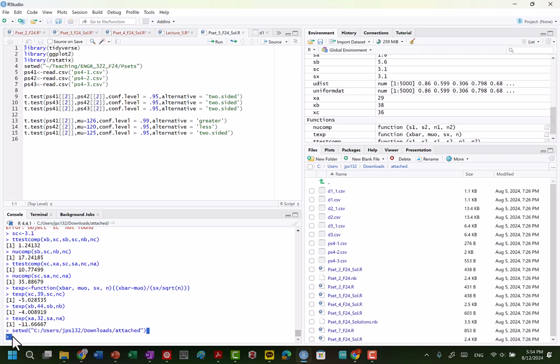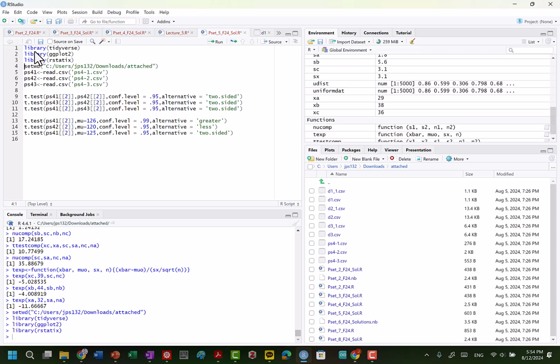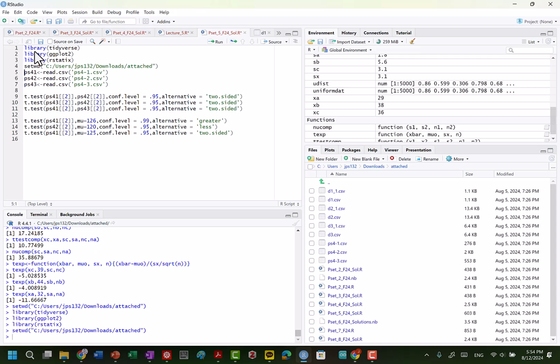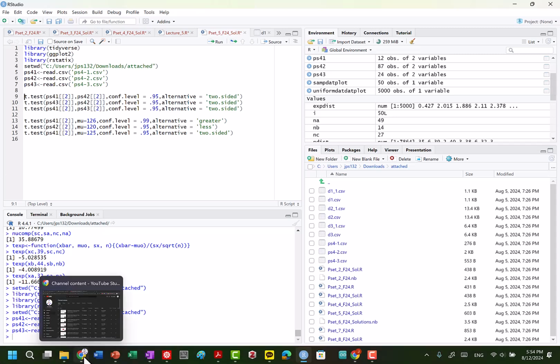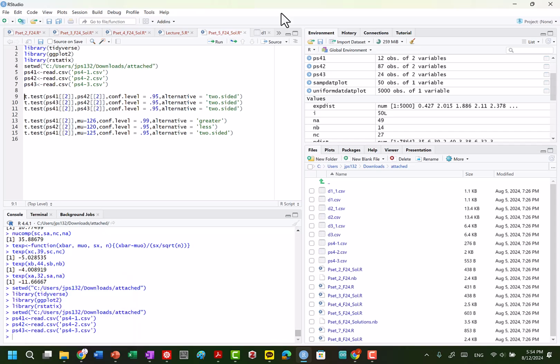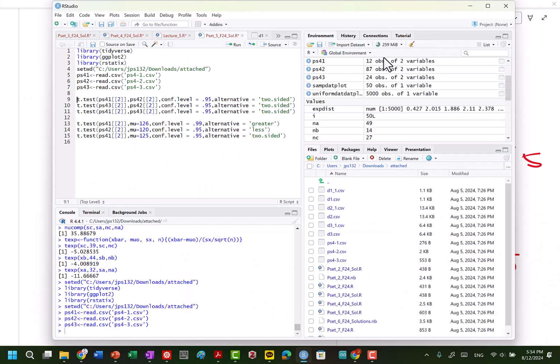We're going to copy this and feed it in. Now we read in the files like last time, set our working directory, read our data files, and then look at our questions.